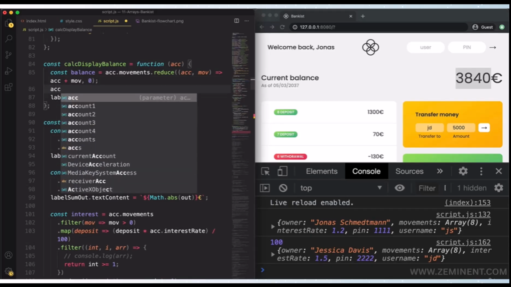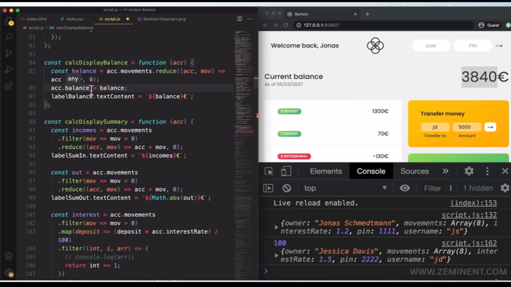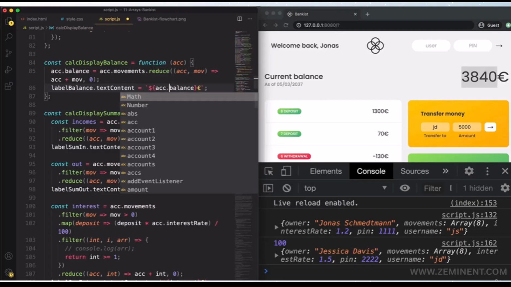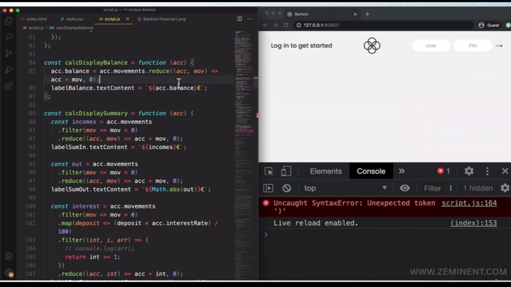So we can say that dot balance equals balance, and in fact we can make this even better. Now we can store this value here immediately in account dot balance. So let's do that, account dot balance here, and then we get that property here from account dot balance. And remember why all of this works. We have some error here, but that doesn't matter. It's something unrelated. Anyway, let's remember why all of this works,